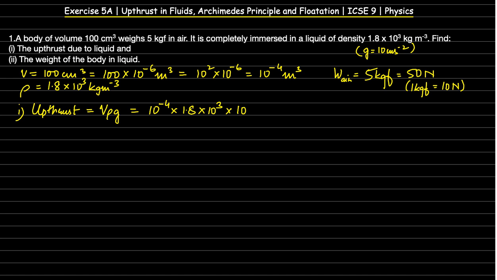So 10 to the power of 3 and 10 can be written as 10 to the power of 1. So 10 to the power of 3 and 10 to the power of 1 becomes 10 to the power of minus 4, into 1.8 into 10 to the power of plus 4. Now see, we have got plus 4 and minus 4. So that means this will cancel and we get the upthrust as